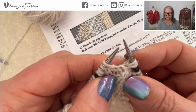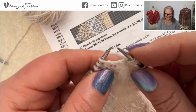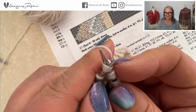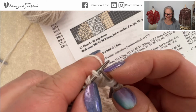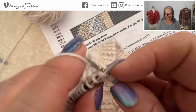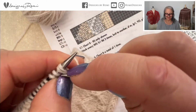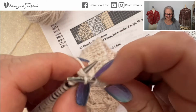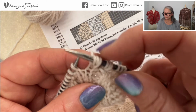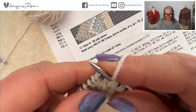Okay, so I also use an increase where I do 3 stitches out of 2 stitches. So for that, I'm going to insert my needle into just 2 stitches, and that is an increase of 1 stitch. So I'm going to knit 1, yarn over, and then knit 1 again into those 3 stitches. So that is what that looks like. So that's an increase. Okay, so if you are an English knitter,